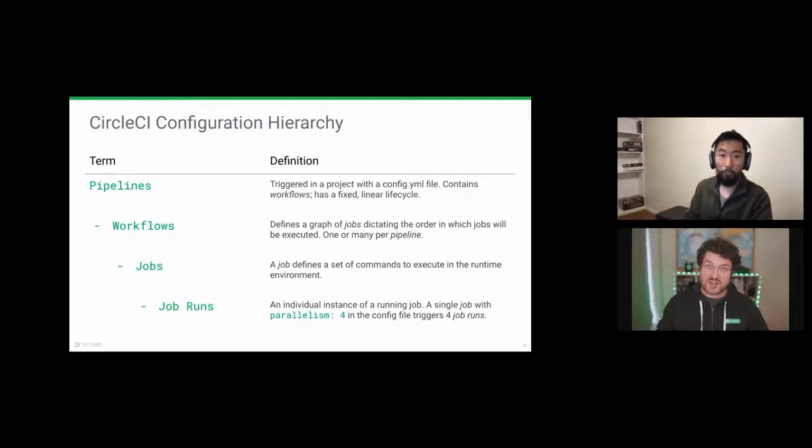Your code hasn't changed and your configuration hasn't changed because they are part of the same commit. So ideally, it should all be 100% reproducible. So the top level idea or paradigm is a pipeline, which is what gets triggered by CircleCI whenever you push some code. That's a pipeline, and that contains a number of workflows, one or many,